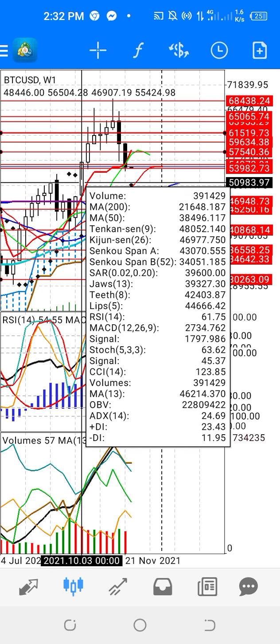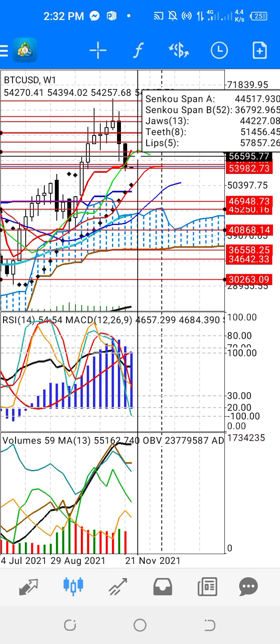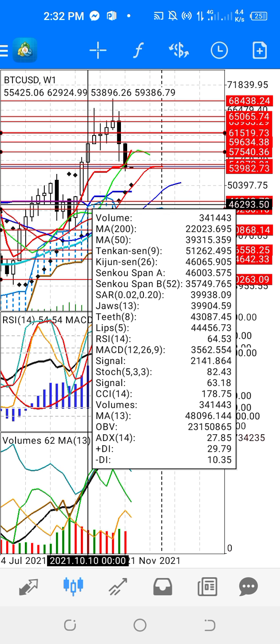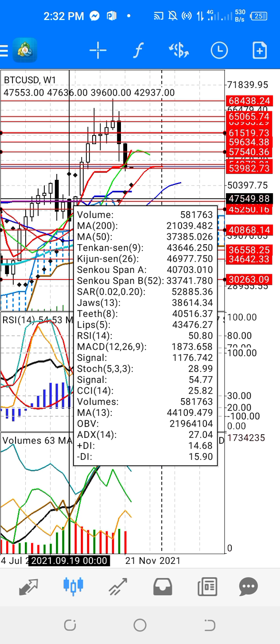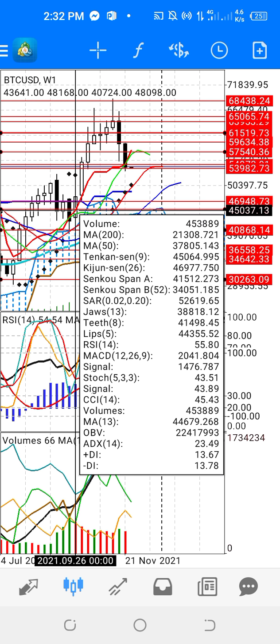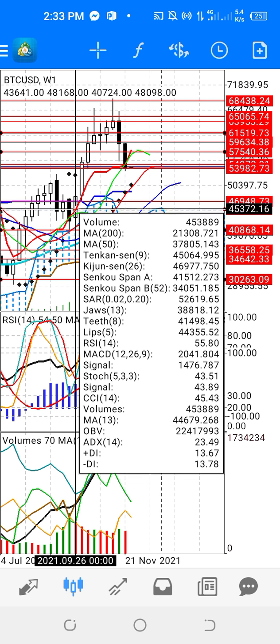If there's some upward correction, Bitcoin will drop again until this level. Bitcoin will drop until here, 47,047.23, or even here, 45,628.43,